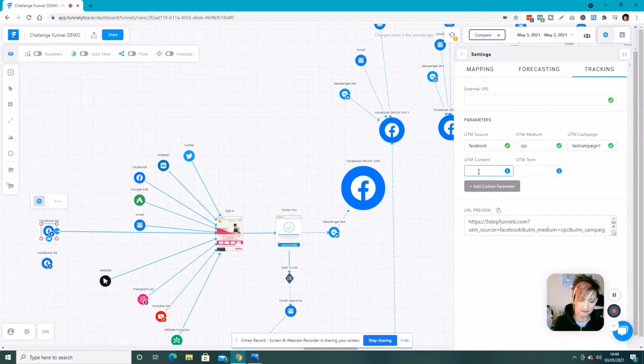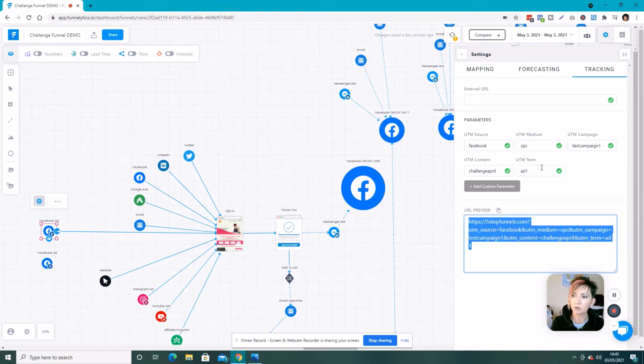The content, so say it was for opt-ins for the challenge, so it might be for your challenge April, you could put in there, and then the name of your ad. So we would put, say, ad 1. Now you can put whatever you want to identify the source in here. So matching your campaign, your Facebook campaign, the content, and then the actual ad itself, so it all matches so you can easily identify it. All you have to do is click that, it will copy that to your mouse,